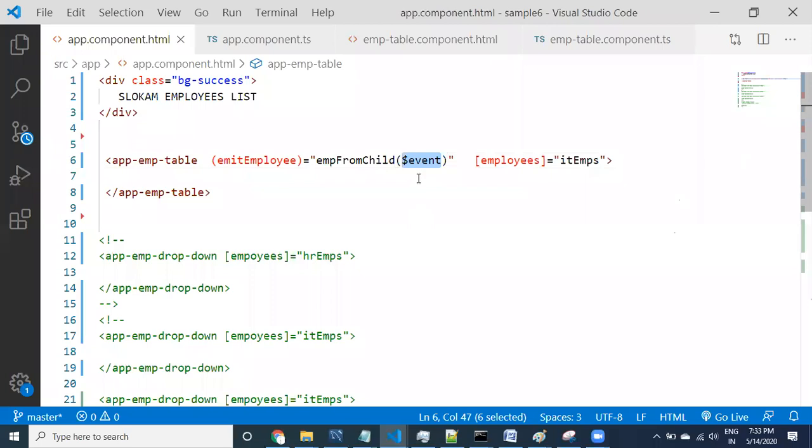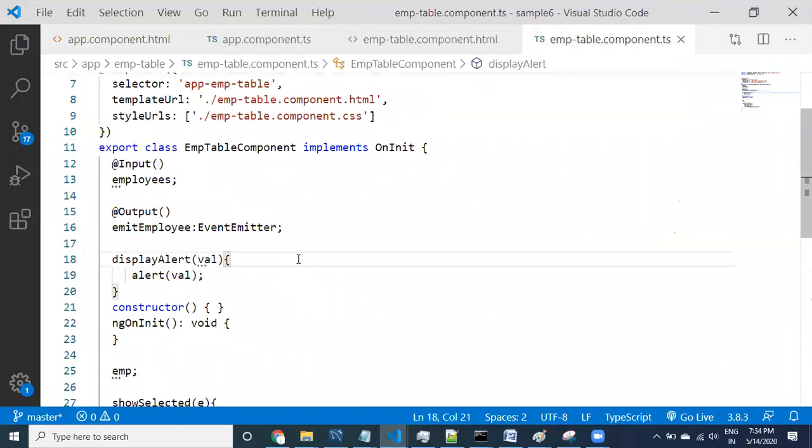This information will pass to employee child, so that it will call the parent component method. Which component is the parent? Employee table component. Yes, of course, I know that.